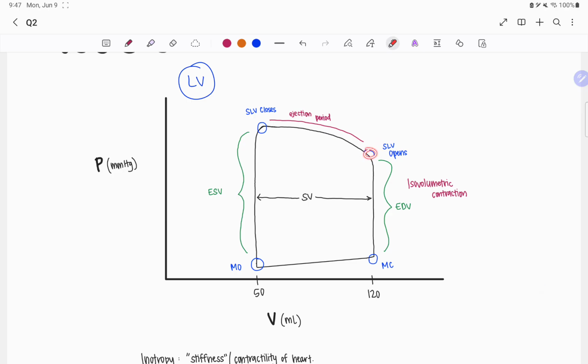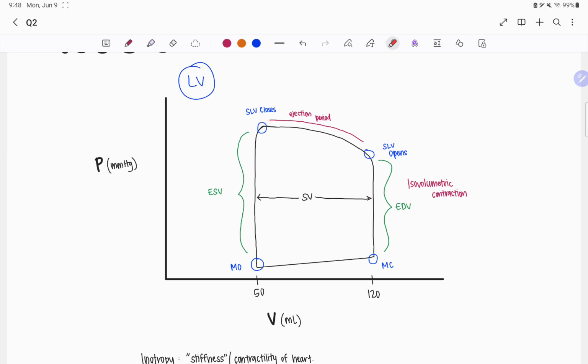Until we reach about this point, this graph isn't perfect, but this shows that at this point, our semilunar valve opens. So we've reached high enough pressure that we've blown open the door between the left ventricle and the aorta. So now, this period right here is called the ejection period, because everything that's in the ventricle is being pushed out into the aorta, okay, until the pressure in the ventricle becomes less than what's in the aorta, and so then the